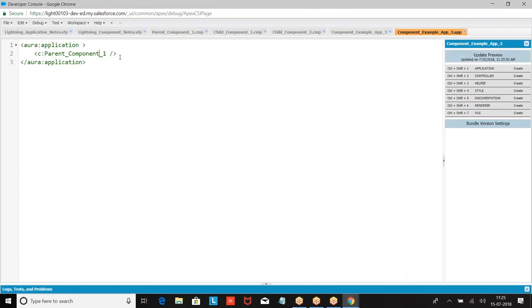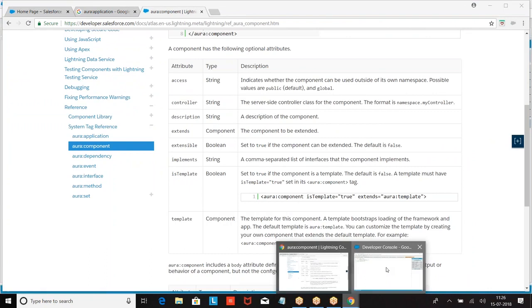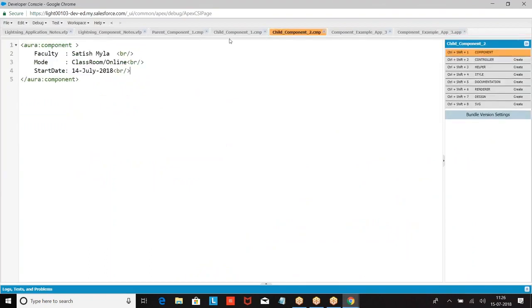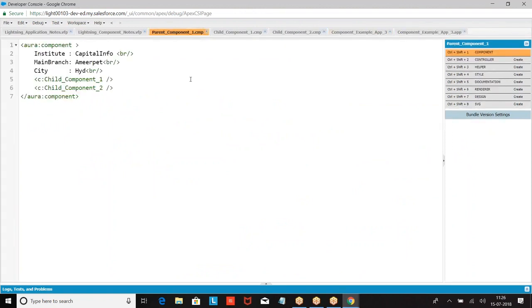Your application. Parent component. Check out the spelling. Parent component underscore 1. There's some bug here. Let me check with the remaining two. Child component is case sensitive. Check out the spellings. Child underscore component underscore 1. Child component underscore 2.